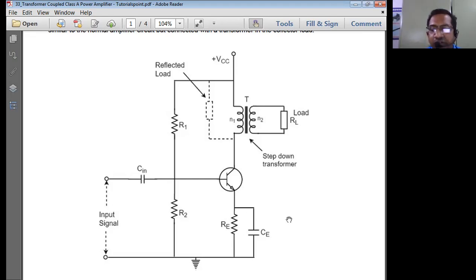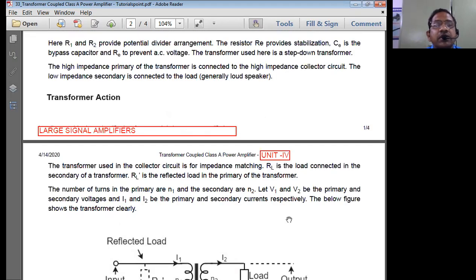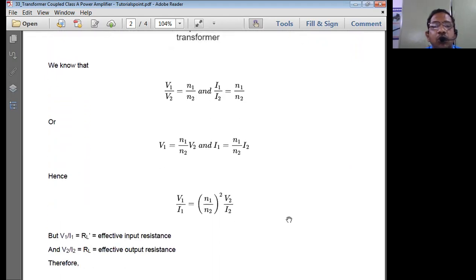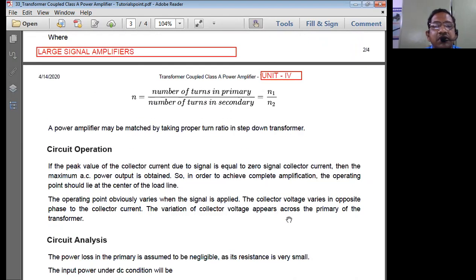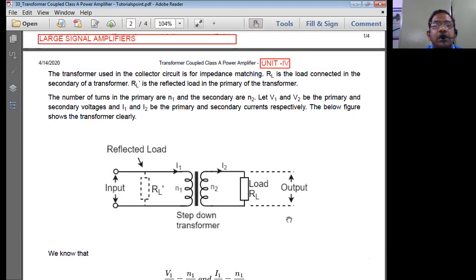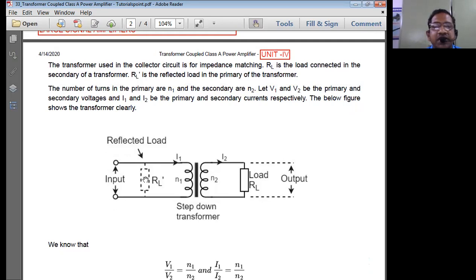Okay, let us try to see the working now. We just understand it with respect to the transformer turns ratio, right? Now, what is the principle of operation of a transformer? A transformer is an AC device. Input is AC, output is also going to be AC, right? So that means here, if you use a step down transformer, N1 would definitely be greater than N2 for a step down type of transformer.